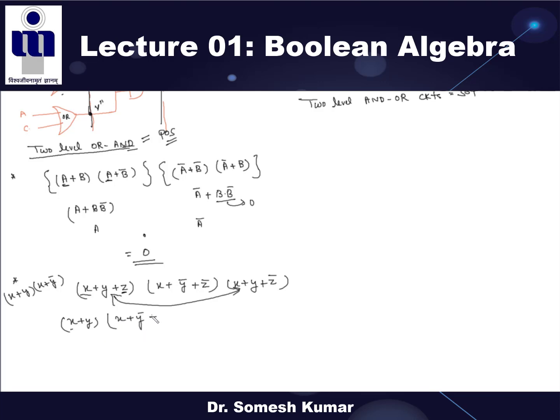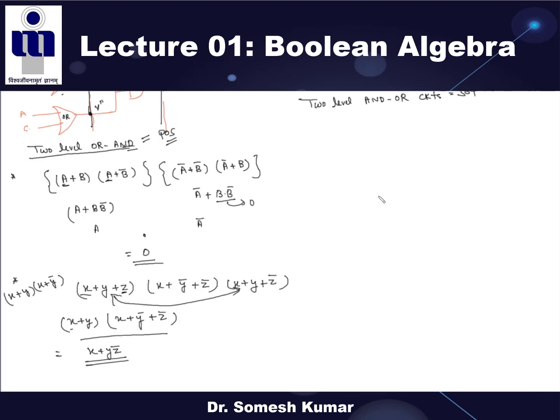And what is the second term? Second term is this. This is right or wrong? So if we solve further, I am not going to solve it step by step now because we already did a lot of examples. Now the right answer of this is YZ bar, right? Clear?